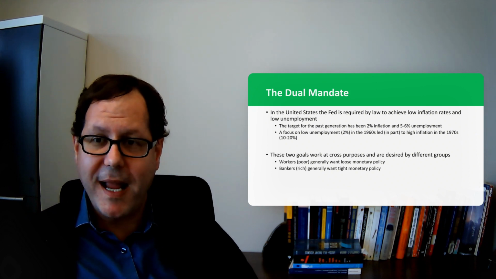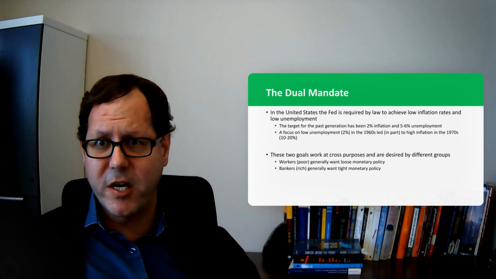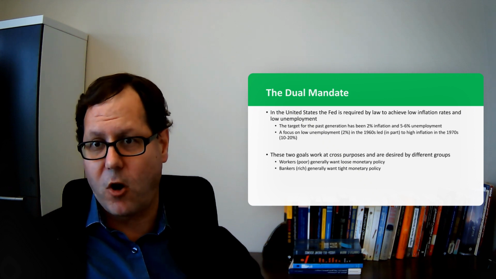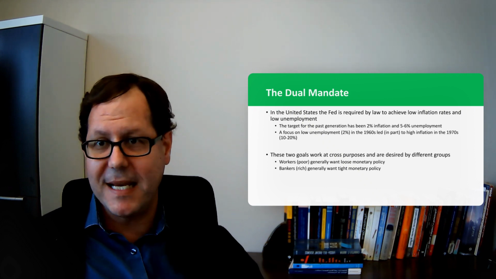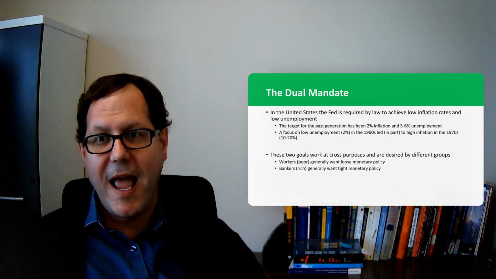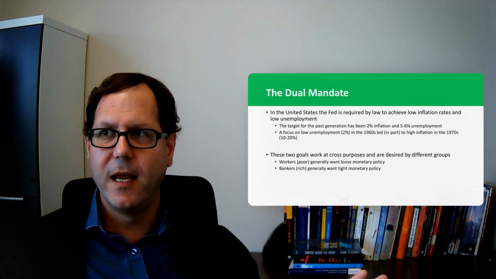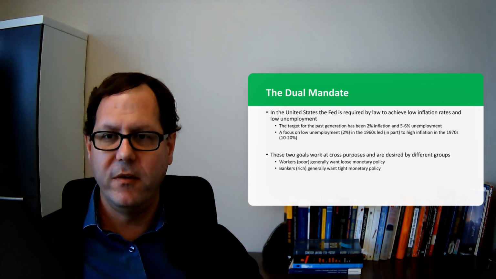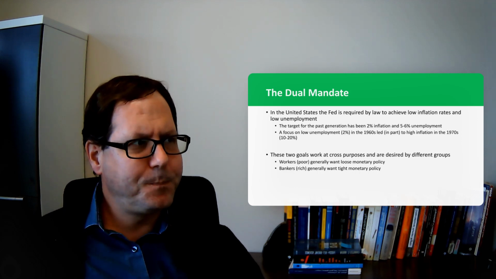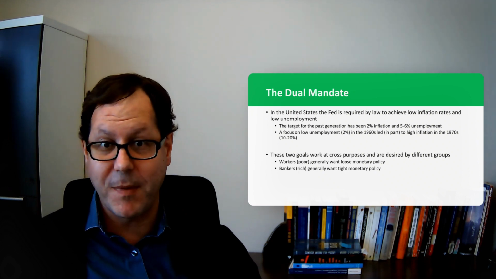Not every central bank has a dual mandate. Importantly, for a conversation we'll be having later on, the European Central Bank, written into its charter, only has a target to maintain low inflation, that its job is to maintain a stable currency value, and it doesn't care about unemployment, or more precisely, unemployment is not something to be factored in when considering how to set monetary policy. So not every central bank balances these things intentionally or balances them in the same way.